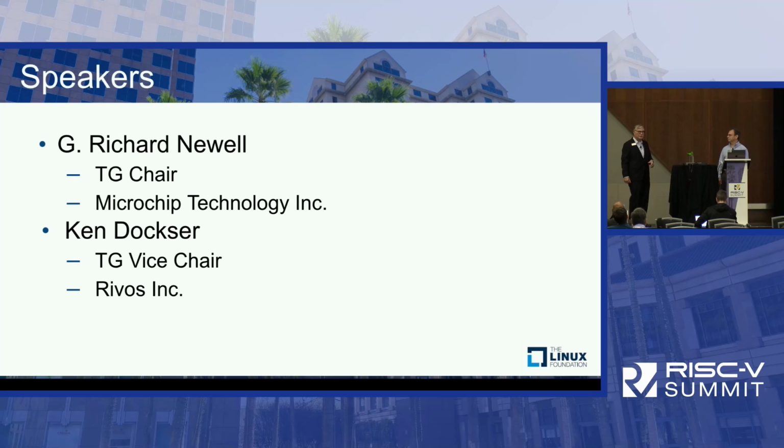And today we have a dozen very active members in this group, but we have 314 members just in this cryptographic extension task group. And now instead of one security committee, we have like a dozen security committees. So things are really moving, and we're at a critical juncture here with the Vector crypto instructions.